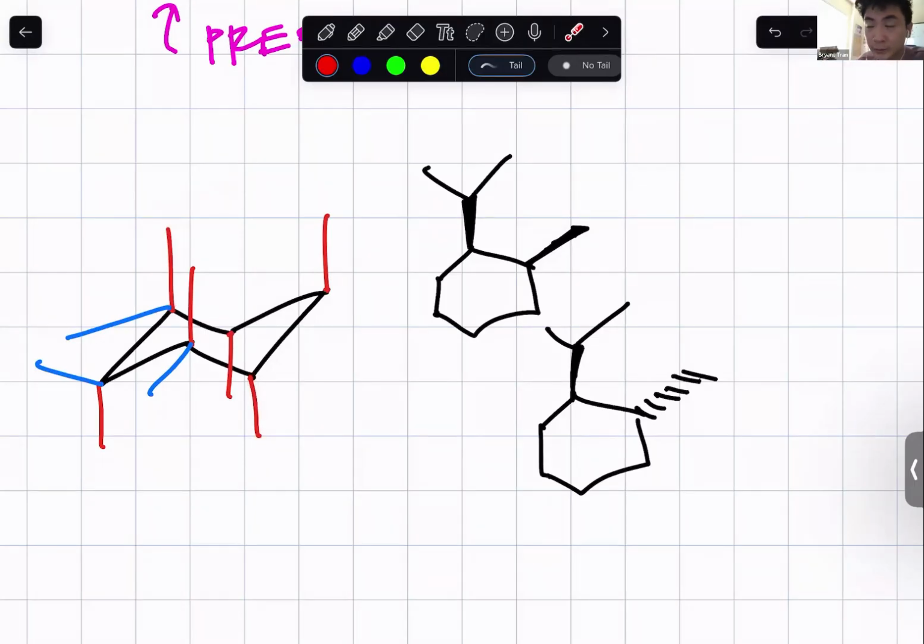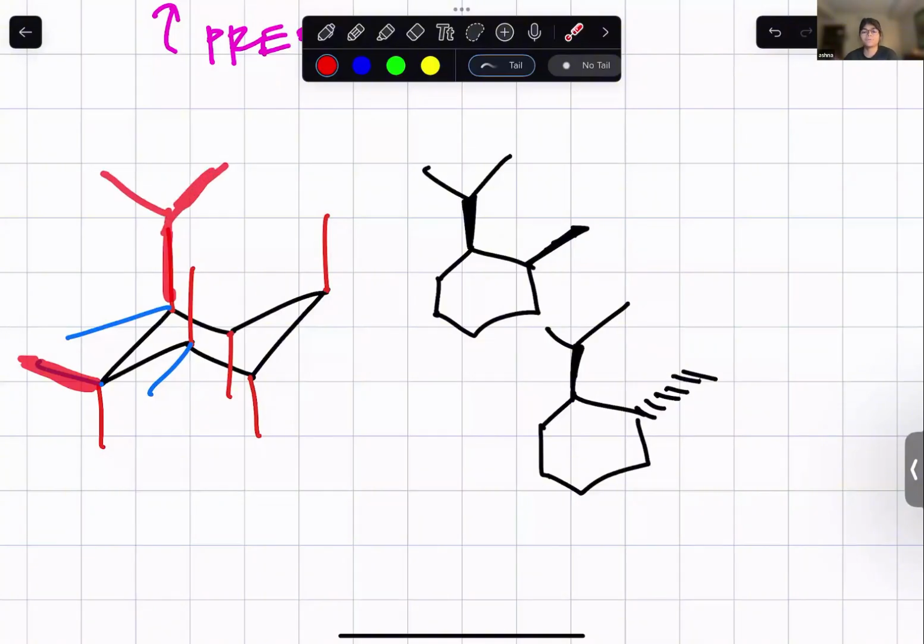It doesn't matter. The only thing that matters for cis and trans is the direction. So if we had an isopropyl group here going up, we could have a methyl group here going down in the equatorial position. That's still trans because the direction is still opposite. So cis and trans doesn't matter about axial or equatorial. It just matters about the difference in direction. Yeah. So let's say there's an isopropyl group in the same axial position, but then you move it to the equatorial position, going the other equatorial position. This one right here? Up, yeah. That's going to be cis, because they're both facing up. Okay. Nice.